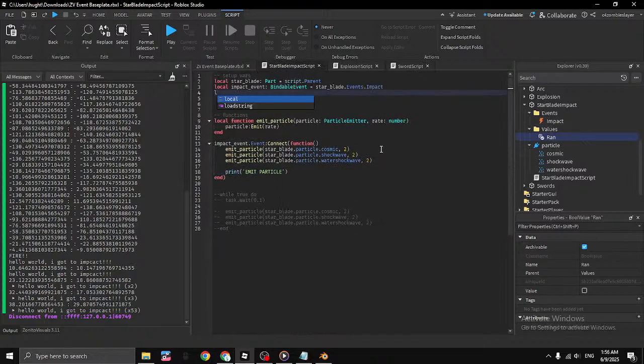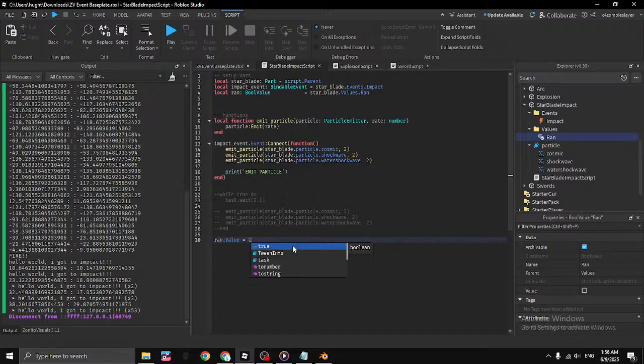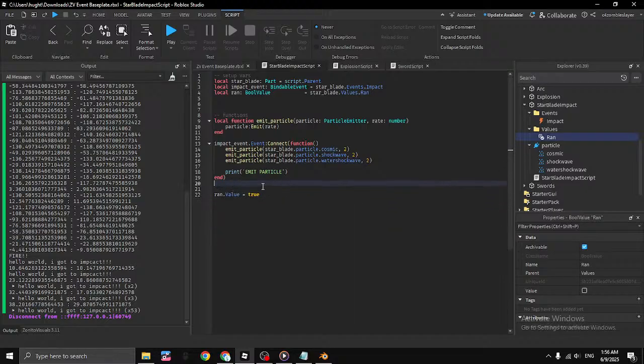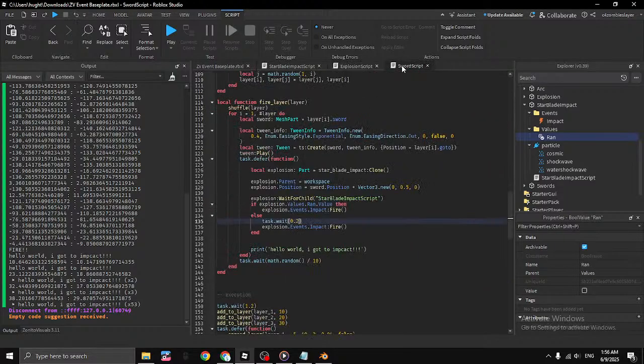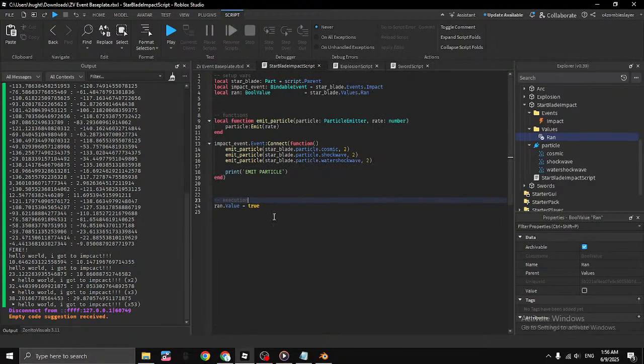So we're gonna do ran bool value equals starblade.values.ran, and then we're gonna set it here actually. So ran.value equals true here. We're gonna delete all of that stuff, and we're actually gonna set this in the execution section of our script. So I'm gonna put up a position here, execution, and you know what? We can actually